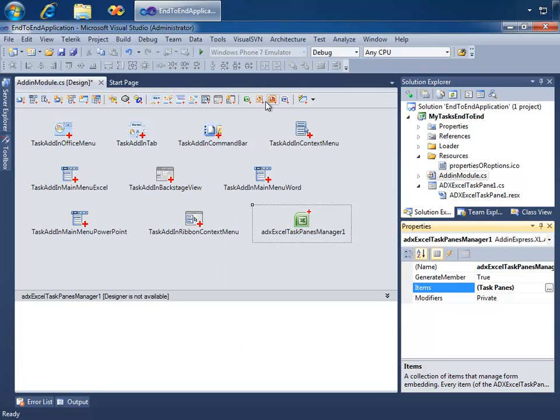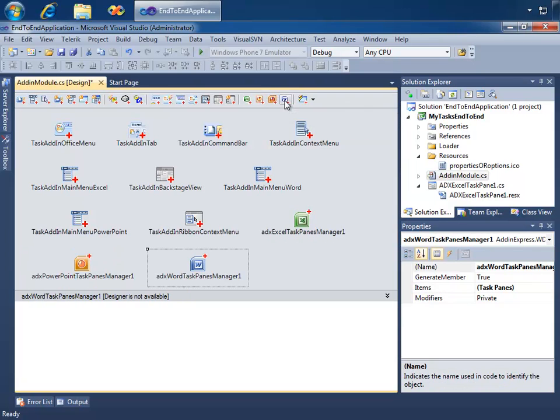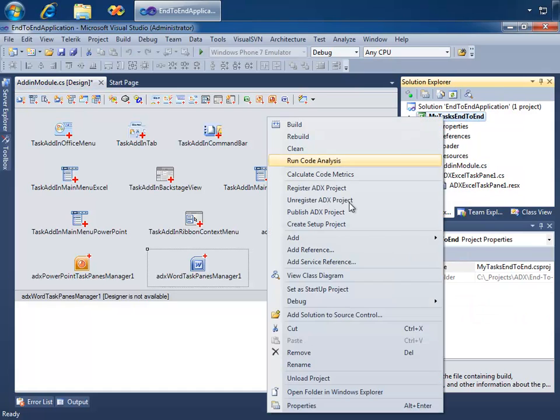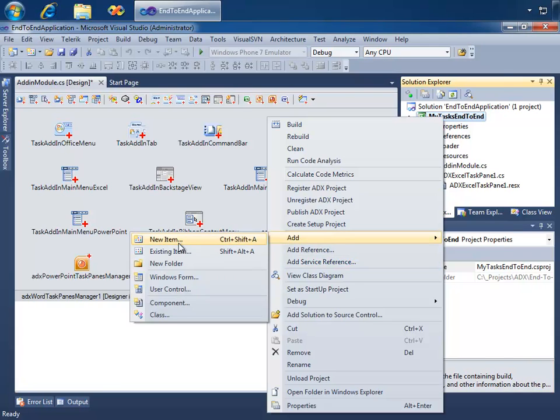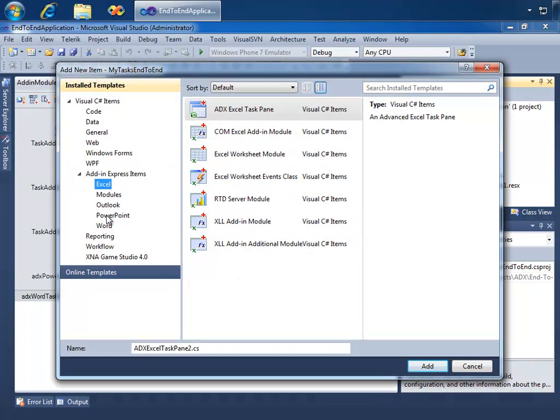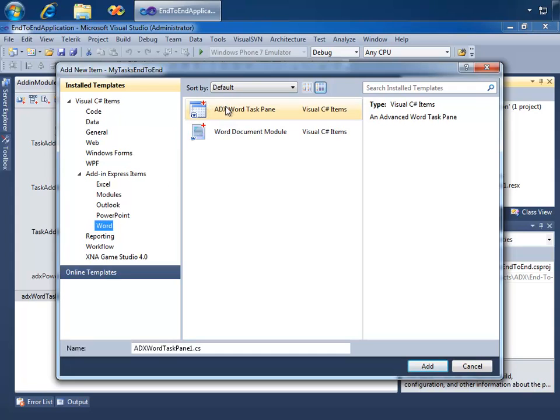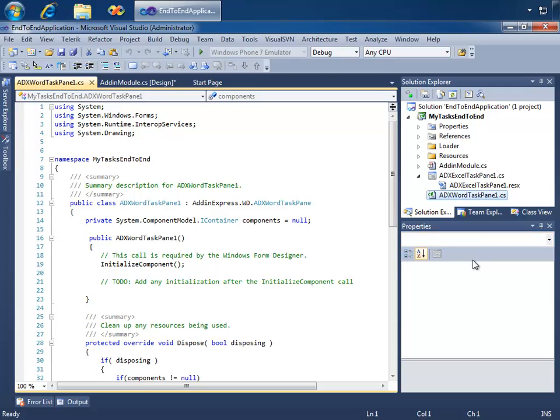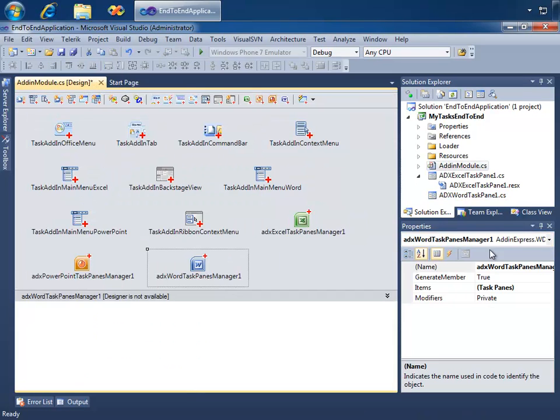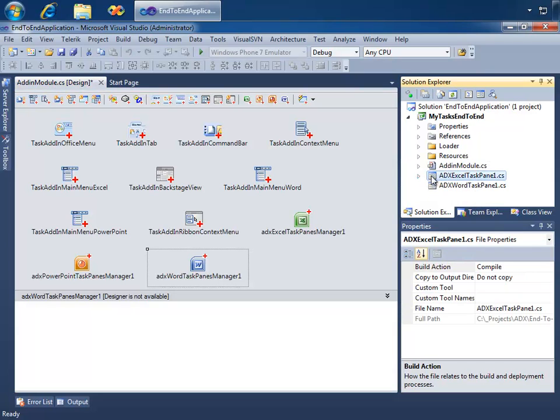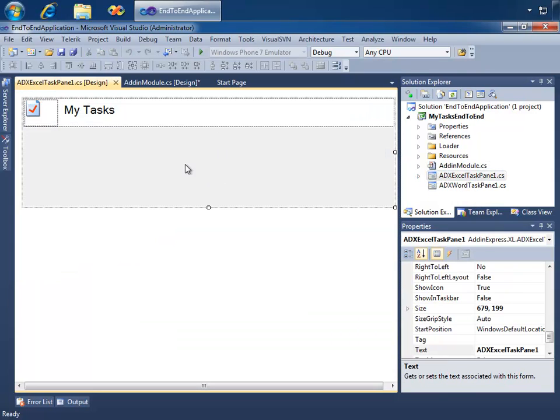So I'll go ahead and add both the PowerPoint Task Panes Manager and the Word Task Panes Manager to the project. And next I will just add new item. And in this case, let's do Word, and we'll say Word, ATX Word Task Pane. We'll add that to the project. And it also opens in code. I'll close that. And let's open the ATX Excel Task Pane